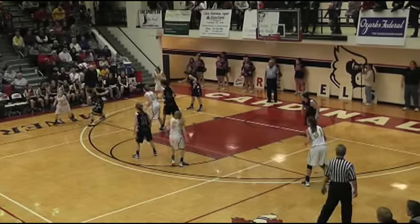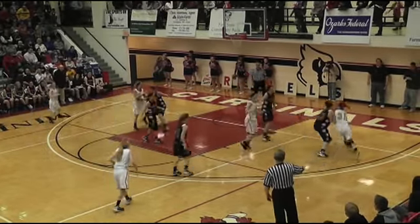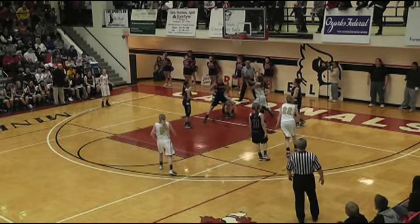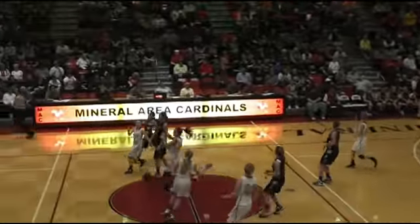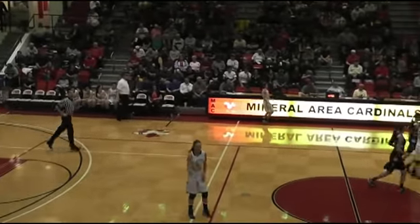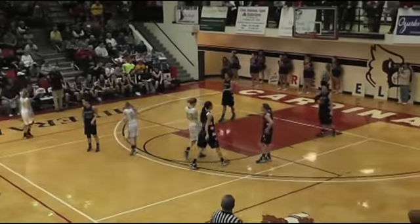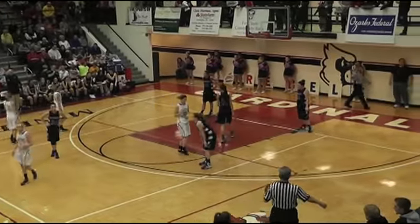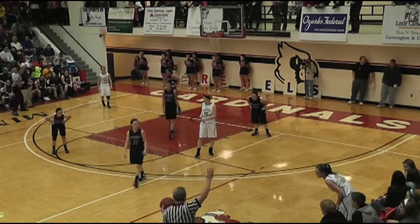22-17. Left wing look by Phillips. Didn't want it there. Swings it to the right. Helm outside of the arc. Jab step. Now drives that right baseline. Sydney Skaggs waiting for it and swats that shot with the left hand. Jones throws the outlet to Sydney, but took a few steps before she was able to turn it loose. Nicole Burns hustling to the scorer's table, so Burns in, Phillips out. 1:54 remaining in the first half. 22-17 and a 5-point lead